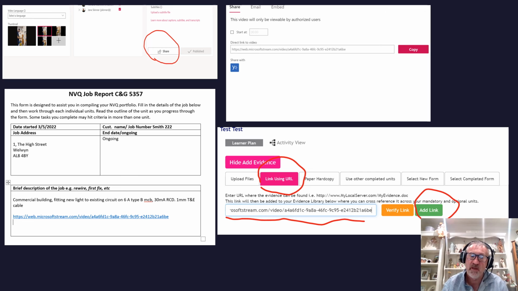You are doing a video, but still I'm presenting it into a reflective account document, and I've pasted the URL link. And you upload it in the same way that you do evidence. You upload a file, okay, and then upload it into Smart Assessor. Now you could